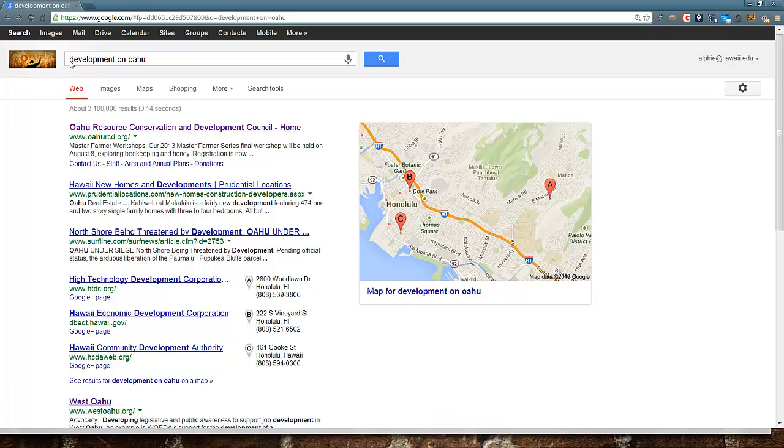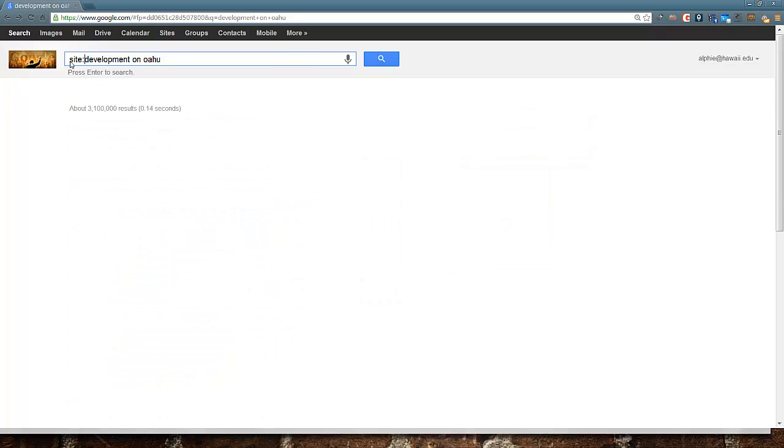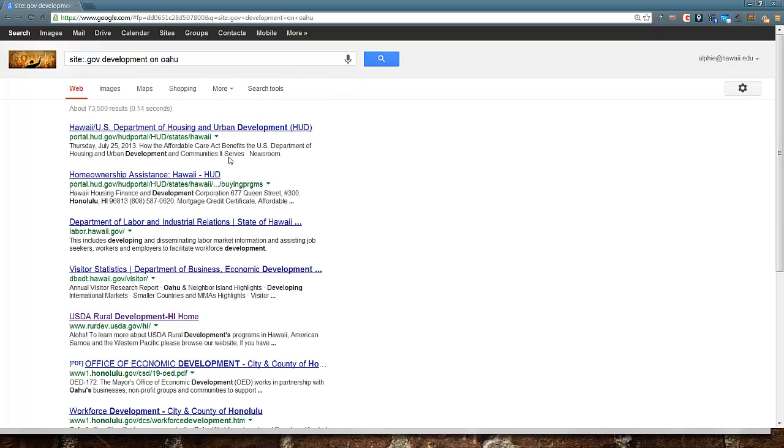Like we had discussed a few minutes ago, sometimes .gov and .edu sites are more trustworthy. So if I were to go in the search URL box and limit my search to only certain domains, I would do that by typing in site:, and then .gov, and then a space, and then my search term, which would be development on Oahu. So now if I search for this, I would only get back results that are .gov. So you can see here .gov, .gov, .gov, and you've got